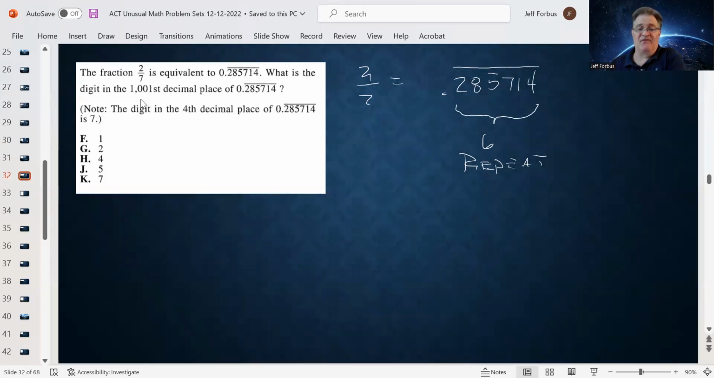Okay, well, how many times are they repeating? They're telling us they're repeating 1,001 times. Well, how many units of 6 are there in 1,001? So if you take 1,001 and you divide it by 6,